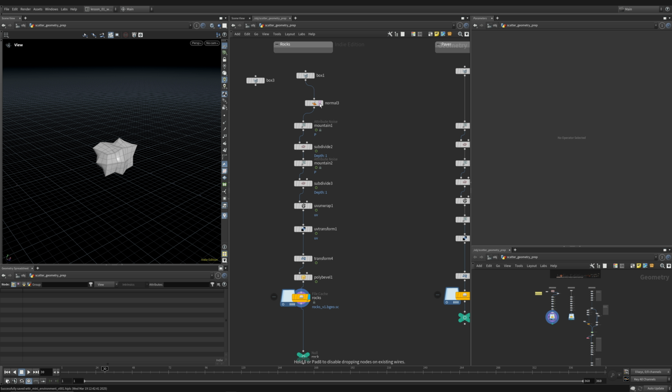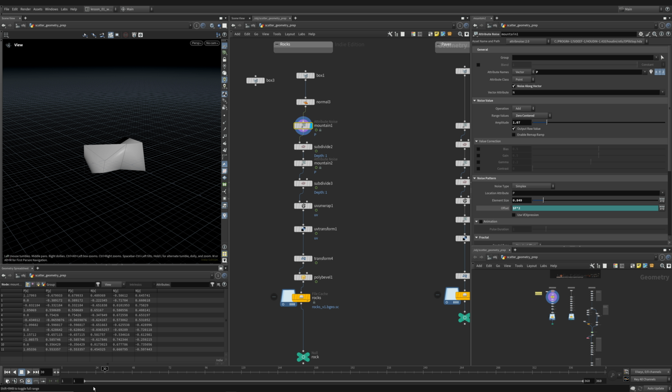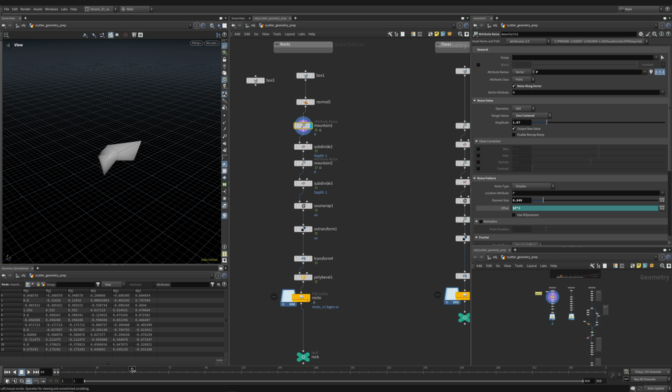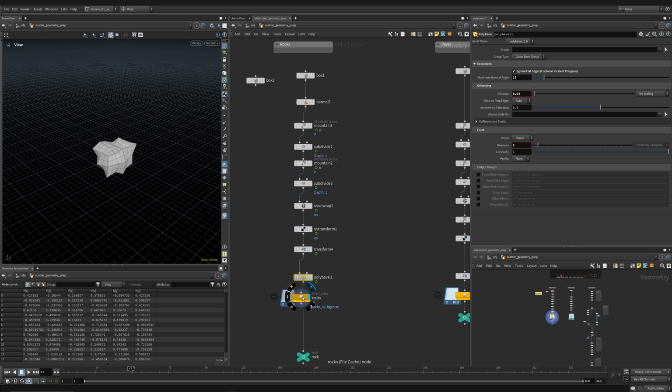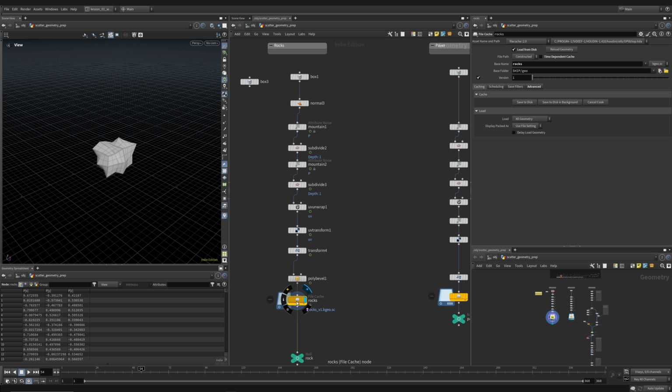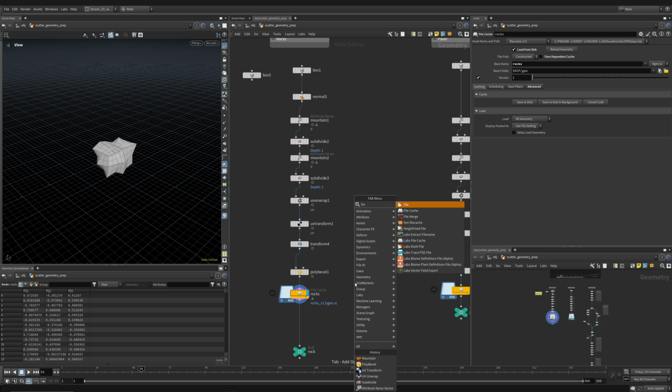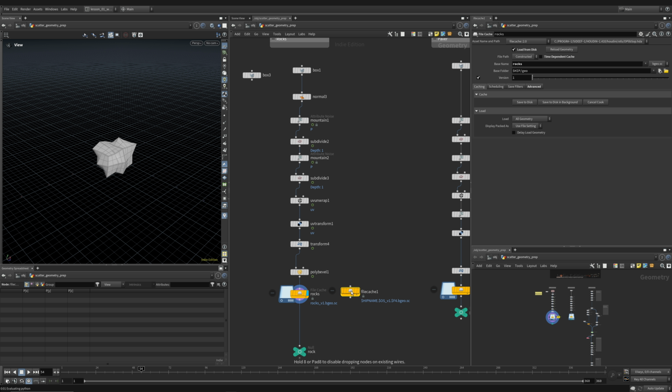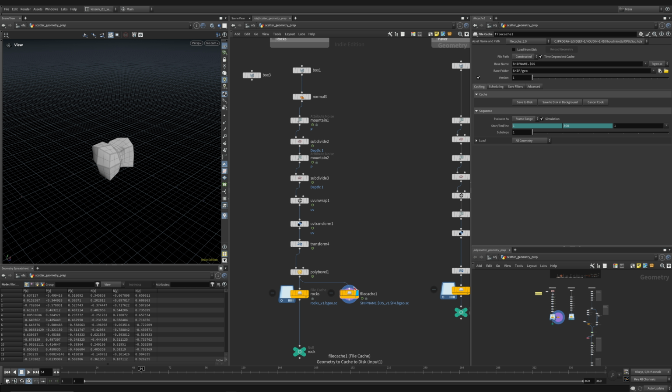You want to be intentional with where you have your time dependencies. So if you can do something without being time dependent, that's usually the way to go. And then you don't want to have to recook everything on every frame, because that is a waste. So we saved our single frame, and it only saved one frame because it's not time dependent. If you do a file cache, it by default will actually be time dependent. So if I did want to save this, it would save, let's say,